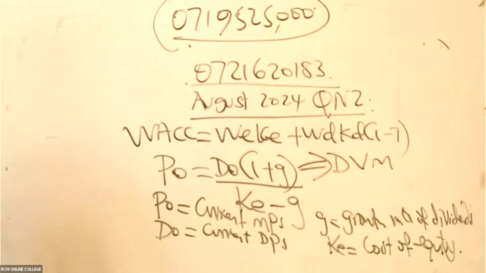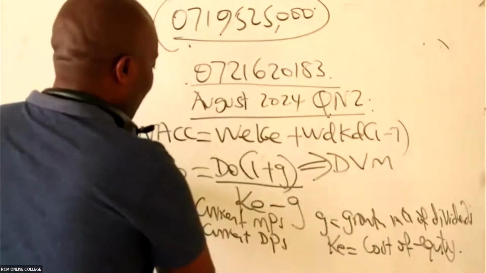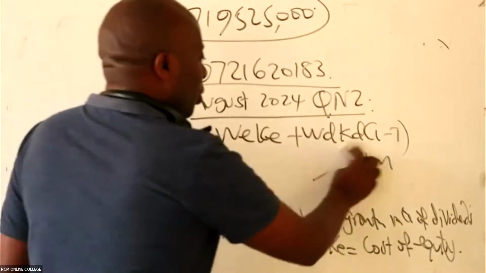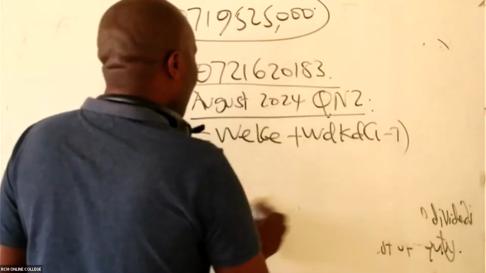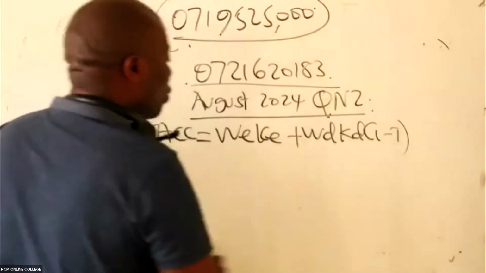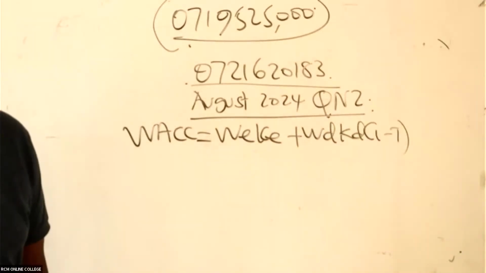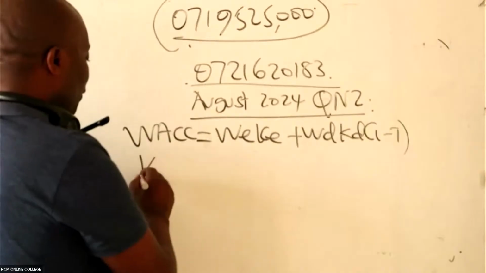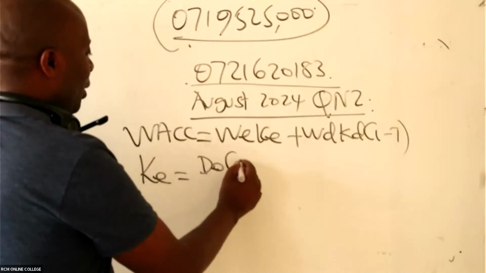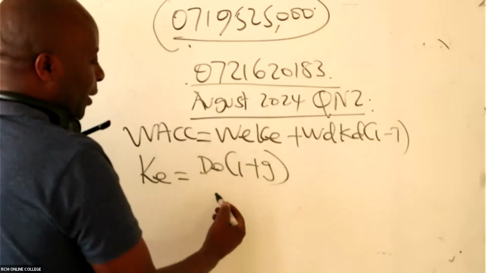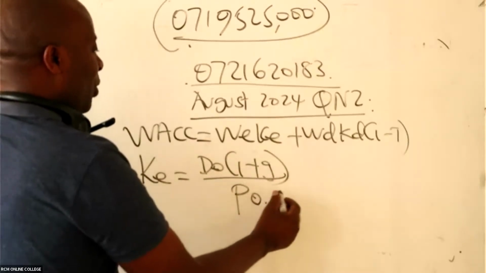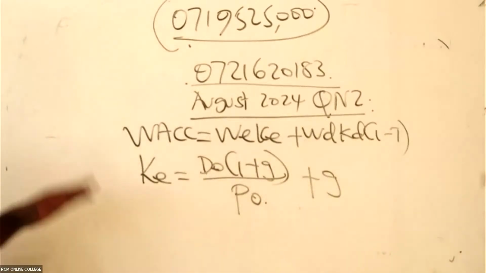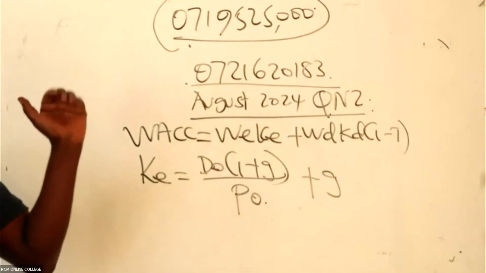All right, so this is really good, although this is not the formula they wanted us to use. Of course, you can remember this, and you remember very well that what they want us to provide here is the cost of equity. So how do we get this cost of equity? Cost of equity will be D0 into 1 plus g, all over P0. Now remember, you must have two growth rates there, because Kenya is a growing country.